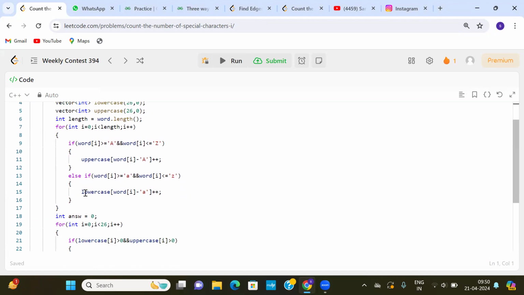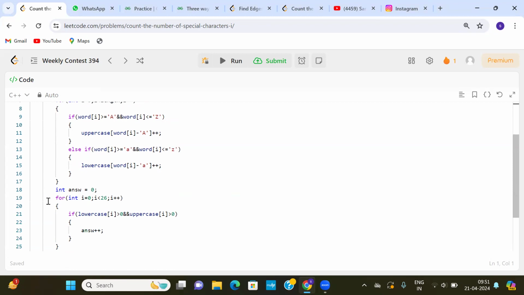Similarly, if it is a lowercase letter, that lowercase vector index will get incremented. Small a points to the 0th index, small b points to the first index. Once this loop is completed, I have maintained one answer variable to store the number of special letters. Initially, I have assigned it the value 0. Then I iterate through my 26 indexes: for int i equals 0, i less than 26, i plus plus. If lowercase at index i is greater than 0 and uppercase at index i